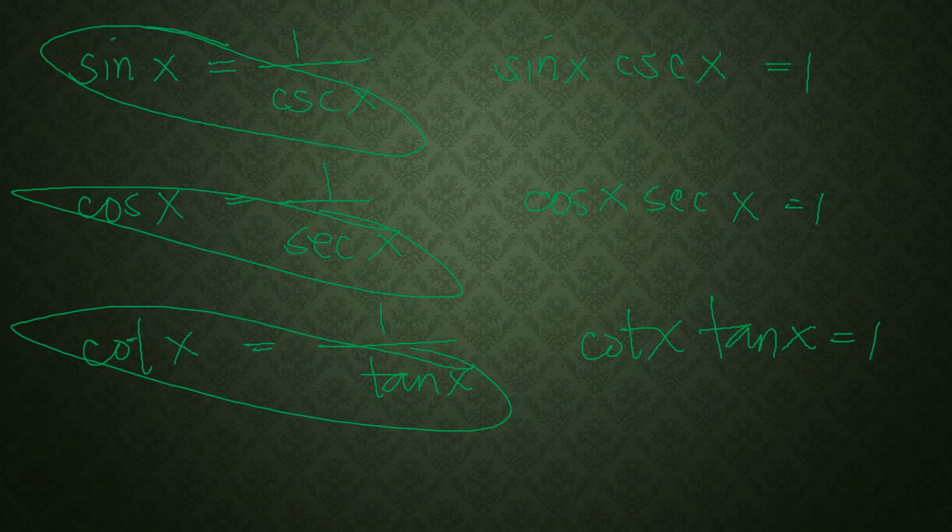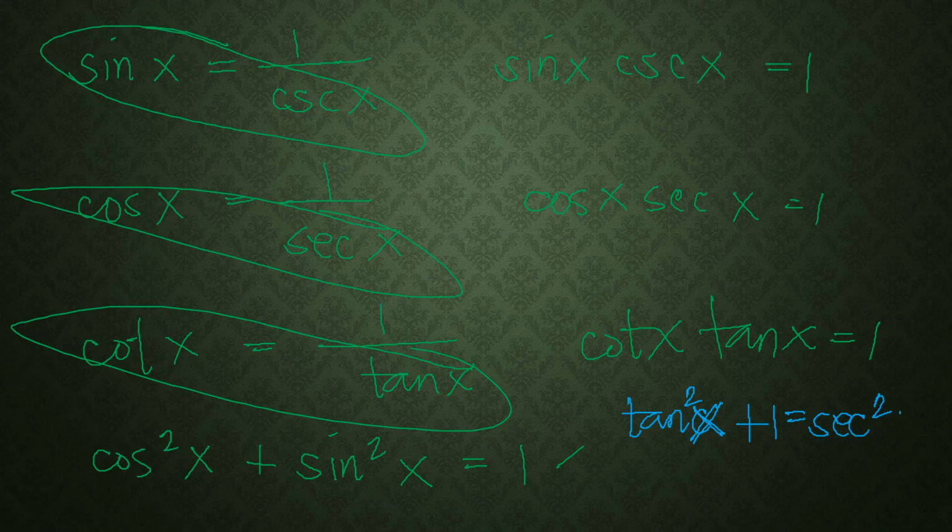Pythagorean identities. We have the square of cosine x added to the square of sine x is equal to 1. Also, we have the square of tangent x plus 1 is the square of secant x. The square of cotangent x plus 1 is the square of cosecant x. Now from these identities,